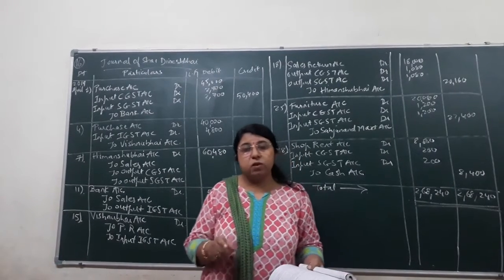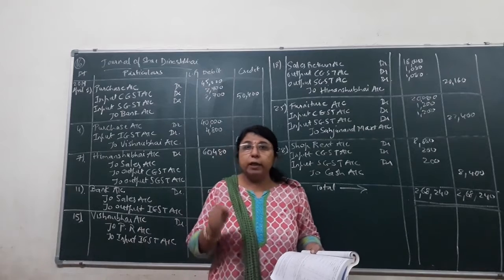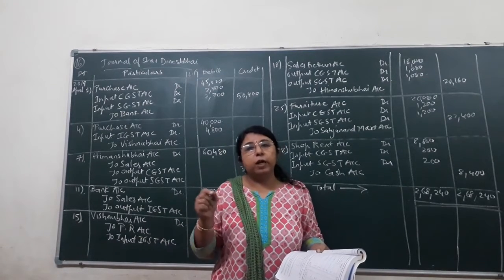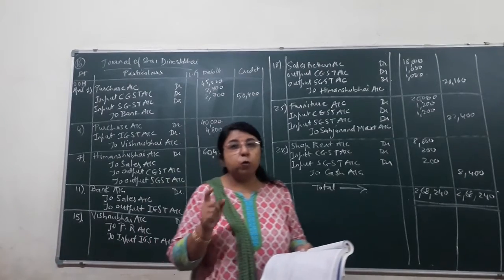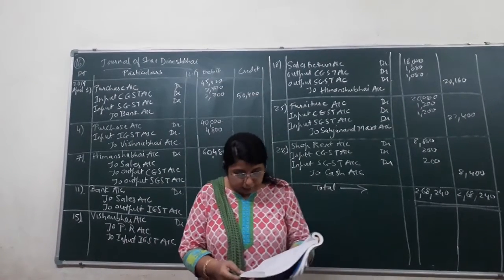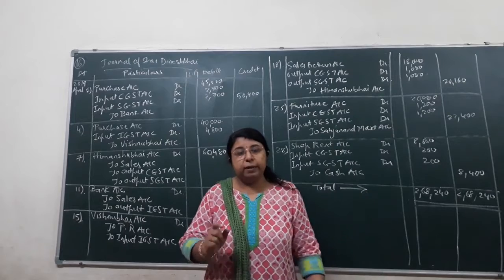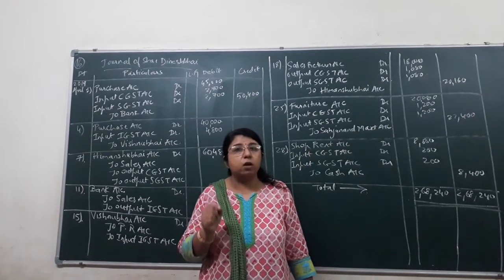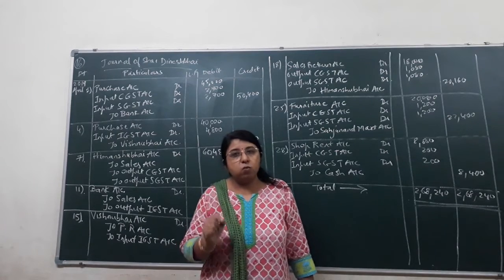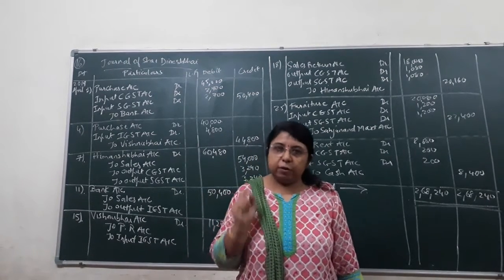So we have to apply which two taxes, that is CGST and SGST. Now we have to decide, if it is a transaction of purchase, so the word input CGST and input SGST will be applied. Okay. So first of all, 50,000 worth of goods are purchased from Suresh Bhai, and the amount is paid by check. So it is a cash transaction. Okay. It is not a credit transaction, but the amount is paid by check. So it is a cash transaction.